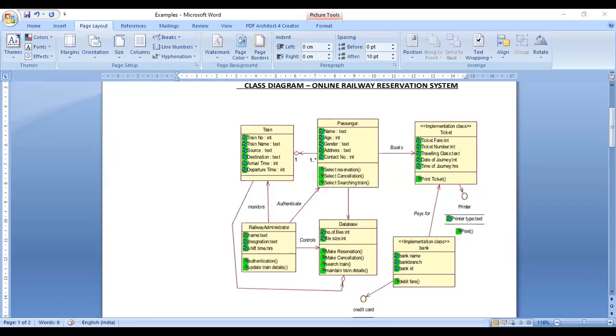Next one is responsibilities. What are the responsibilities of that particular module while designing? What are the responsibilities if there is a ticket module? It must show the fare of that particular journey, and it should also have payment instructions on how to pay the amount.